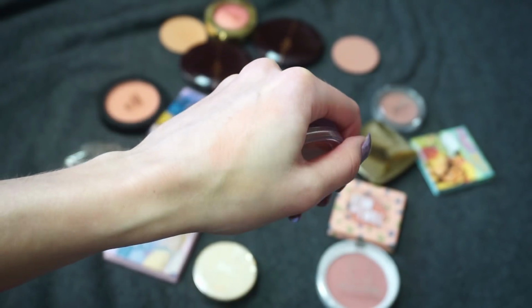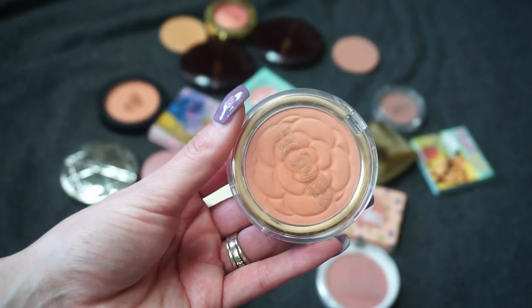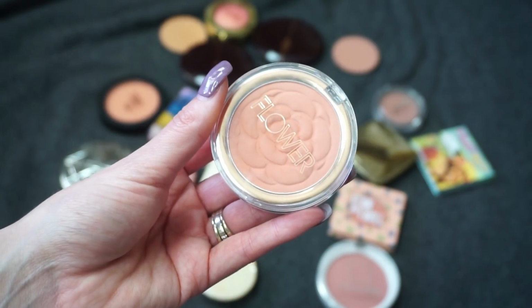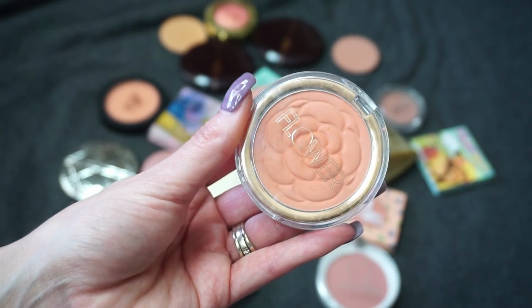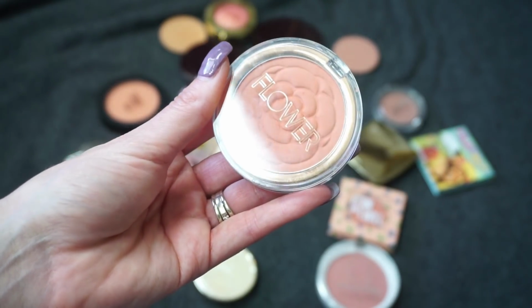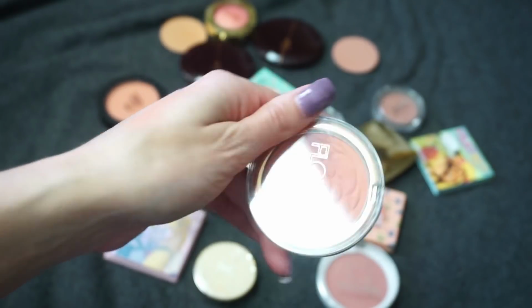I do think that these are really nice blushes. Honestly, I feel like Flower Beauty has kind of dropped off a little bit. I feel like I used to hear a lot more about them. A lot more about their new releases, and I'm just not seeing much at the moment. Do you guys feel kind of that same way? I'm not really sure what's going on there, but I definitely really did enjoy this blush at one time, but